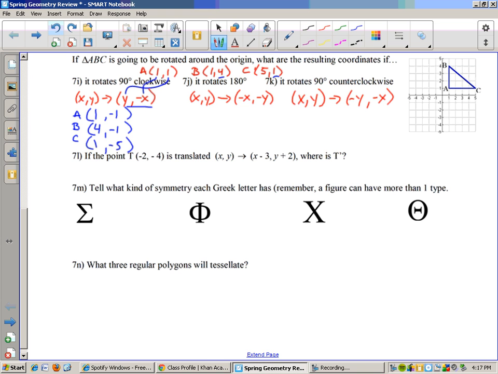Let's do the middle one. The middle one's easy. I'm just going to take an x and put a negative in front of it, and a y and put a negative in front of it. So that's (-1, -1). That's (-1, -4). (-5, -1). Love that one. And finally,